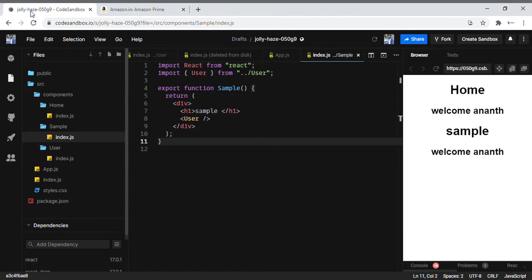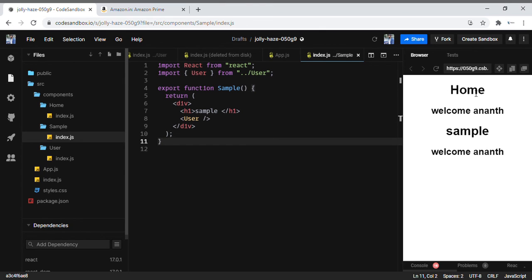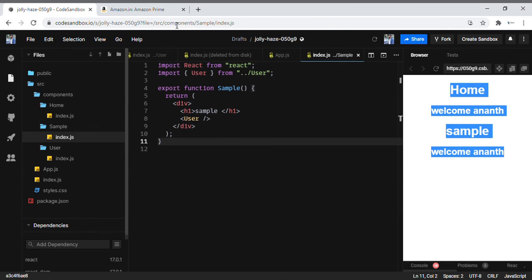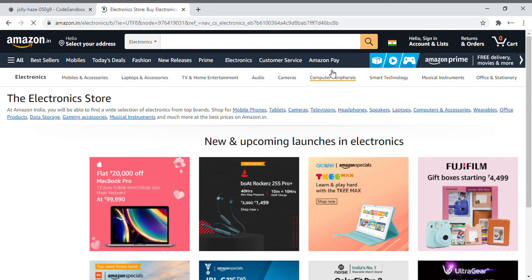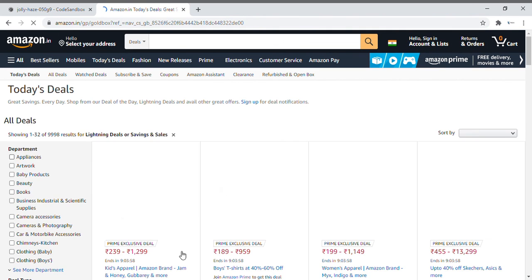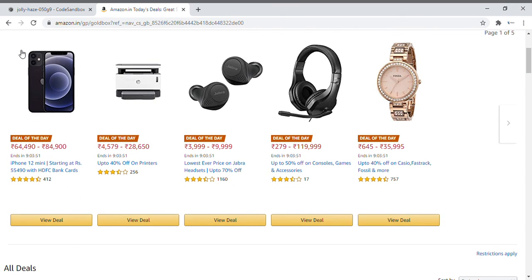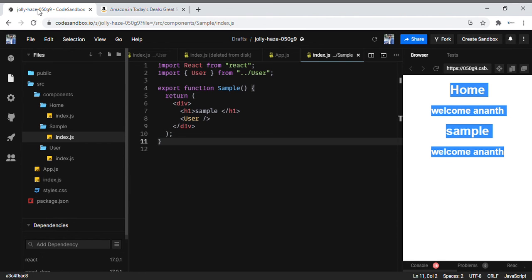So if you see here, nothing is happening because I have just presented it, no changes, no events, nothing. So in a scenario where you don't have any event management or anything, in that case you can go with the functional component. But if some changes or events are happening in your application, and it is not only used for presentation, then you can go for the class component. So this is the basic difference between the functional component and the class component.